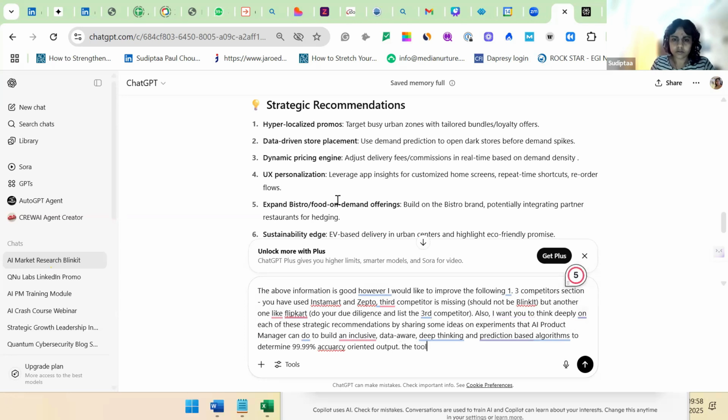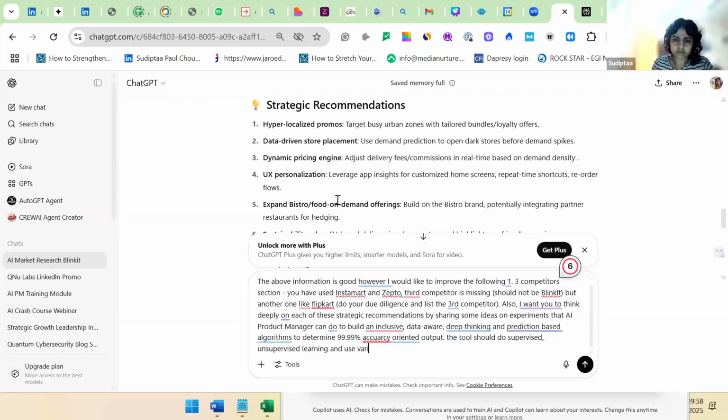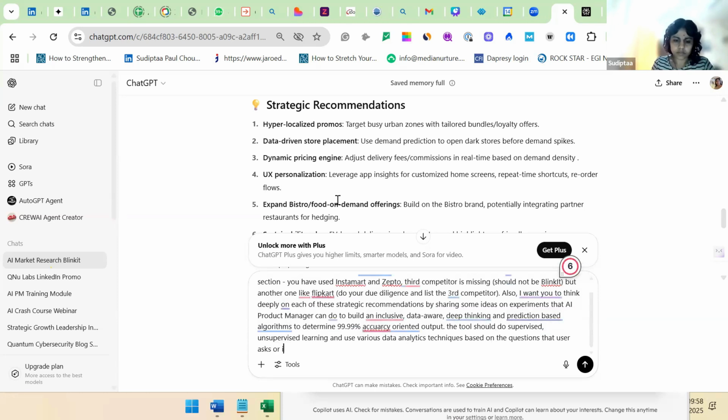The tool should do supervised, unsupervised learning and use various data analytics techniques based on the questions that the user asks or interacts with the tool.